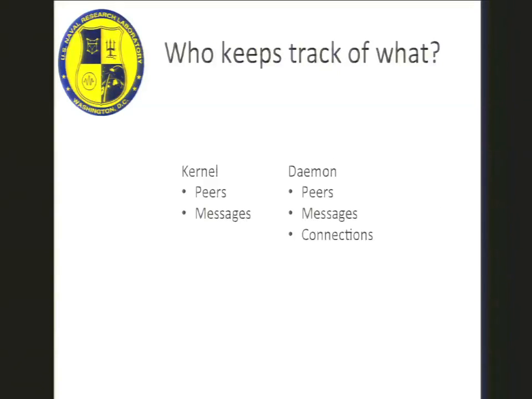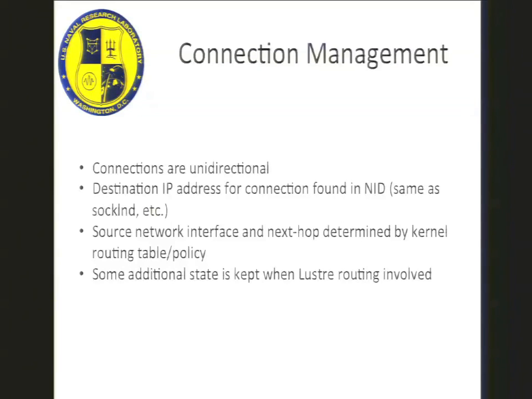So this is a quick overview, and really what you can see from this is that there is actually some overlap in bookkeeping duties. I think it's probably unavoidable, but the kernel, in addition to the daemon, also has to keep track of peers that are available and outstanding messages. But still, the heavy lifting is done by the daemon process, and I should have included the transport functions on there. All right, so